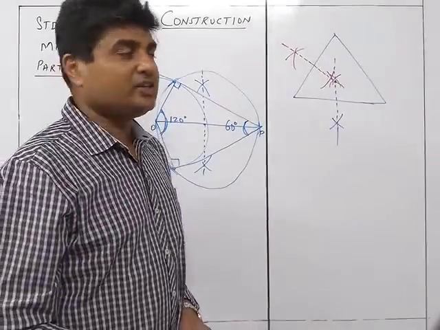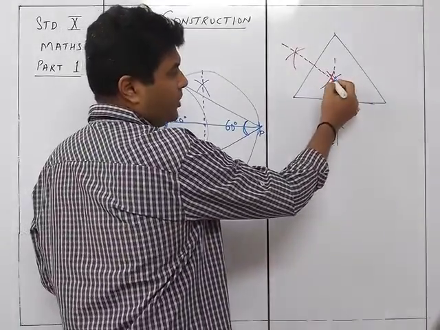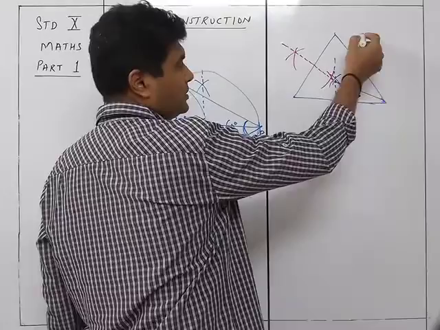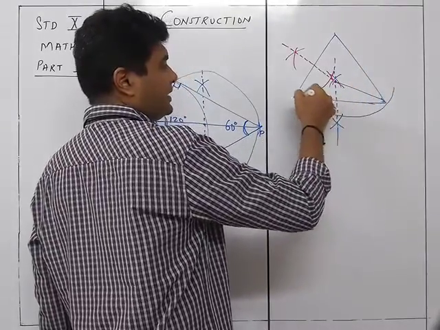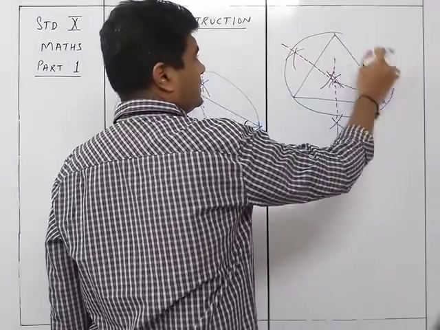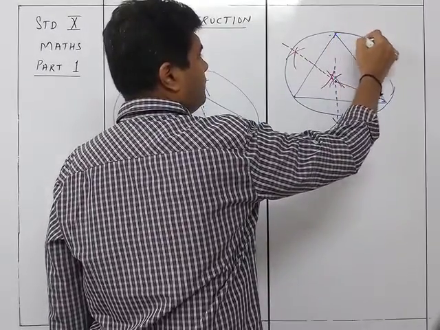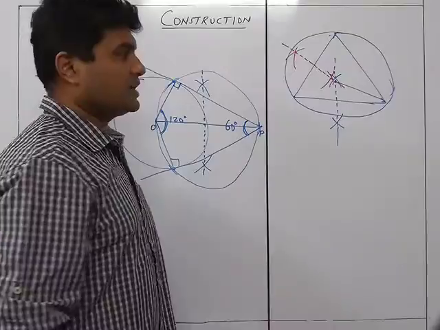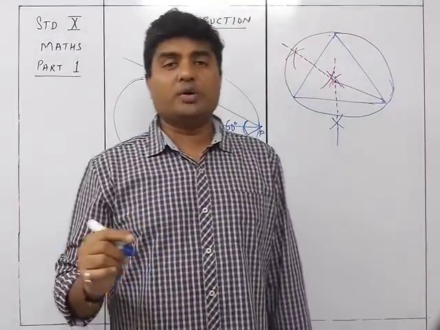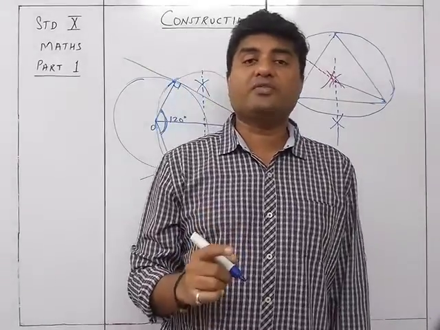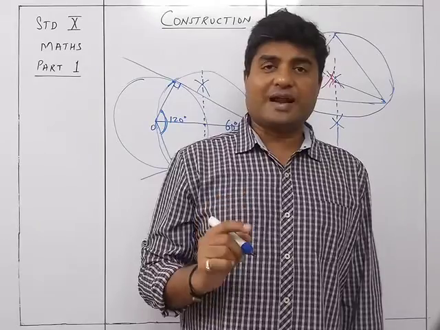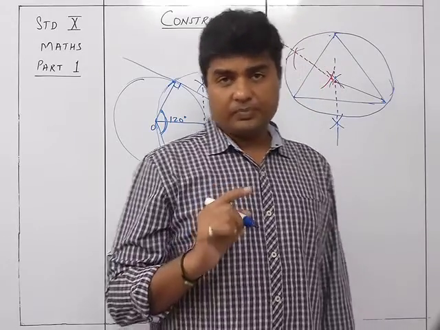Once I have this intersection line, I'm just going to take this much from here to here as the radius, and I'm going to draw the circle. So the circle will be something like this. Okay, this is how the circle will be formed, that is a circumcircle. So what is a circumcircle? A circumcircle is a circle drawn to a triangle which is passing through all the three vertices of the triangle. Okay, a circle passing through all the three vertices of the triangle is called the circumcircle of the triangle.